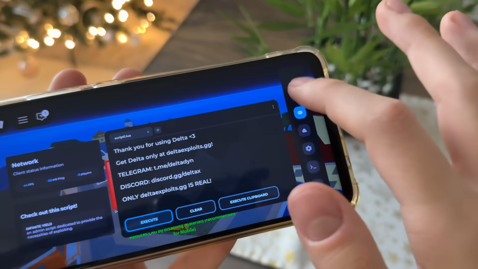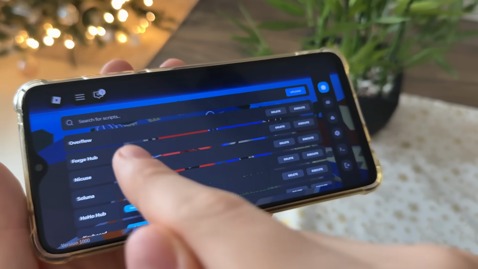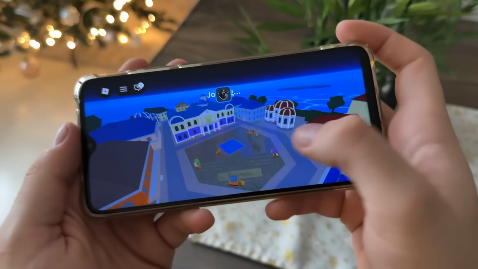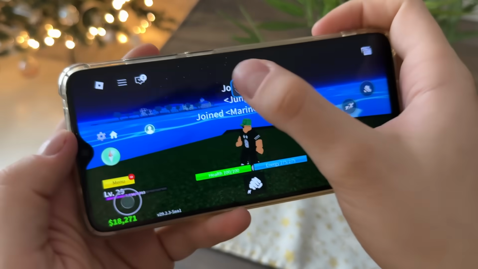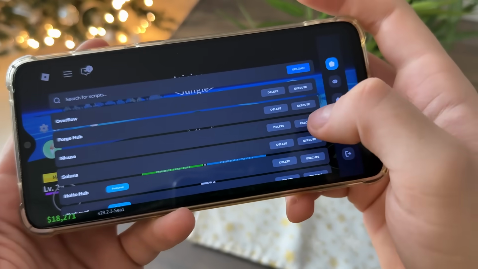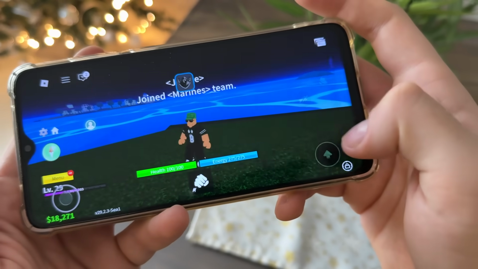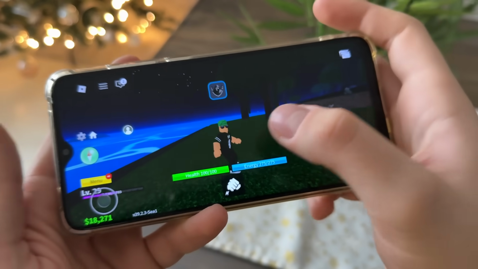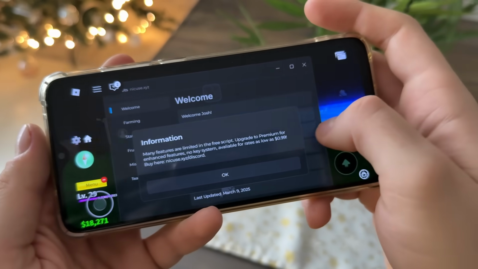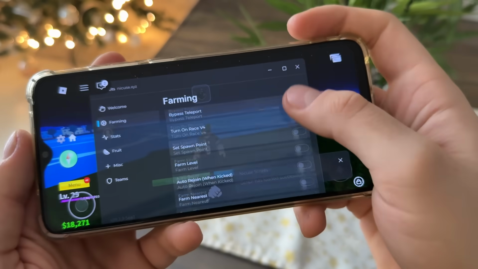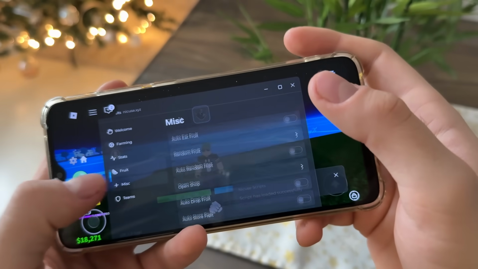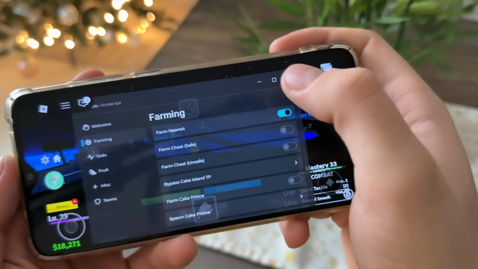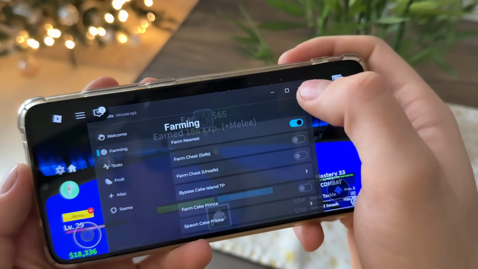And let's see our scripts. Nice guys, Overflow, Forge Hub, Nikius, and Soluna, just as we selected. Let me select something from these, and let's open Nikius, for example, right? Let's click execute guys, and it will start loading our scripts. Guys, look at this, it will get all activated. Look at this, we got these scripts for free. Now we can do literally whatever we like. We can click farm, and guys, it will start automatically farming. Look at this,